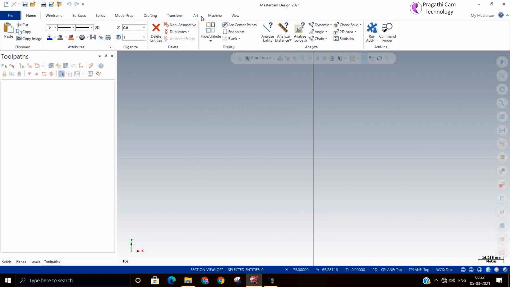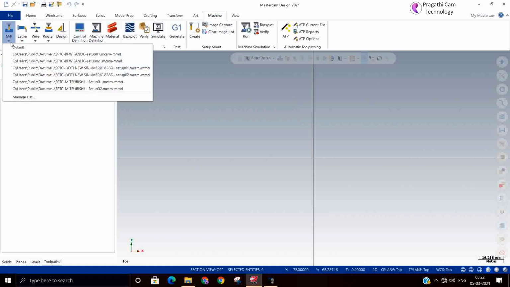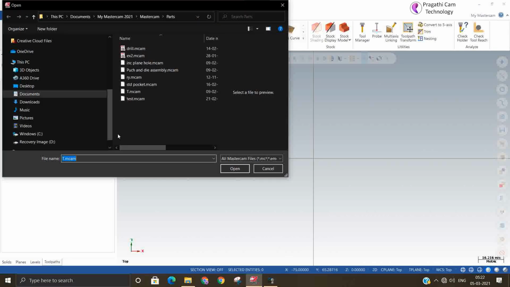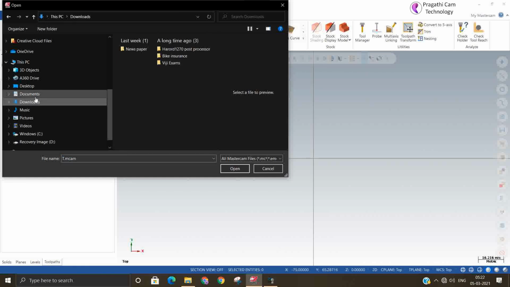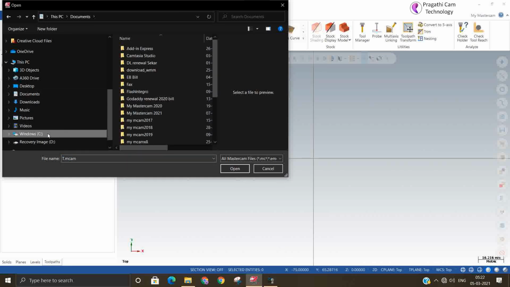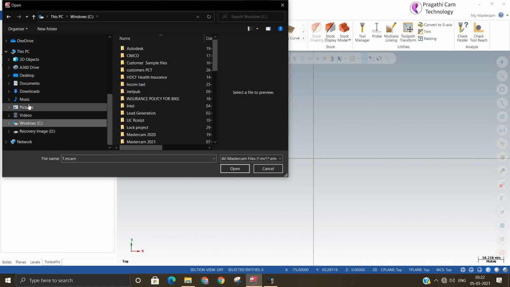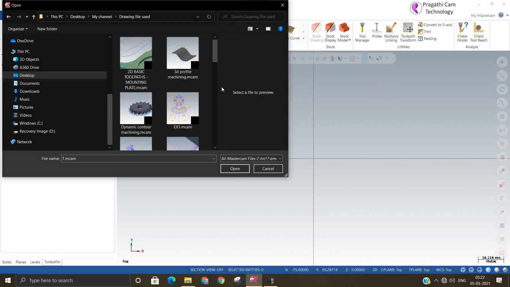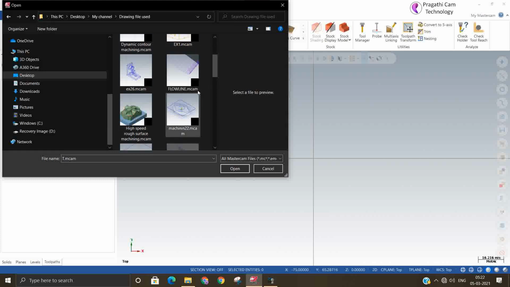Now we'll take a simple model here. I thought of using that model, but the model is a little big, so it will take a lot of machine time.